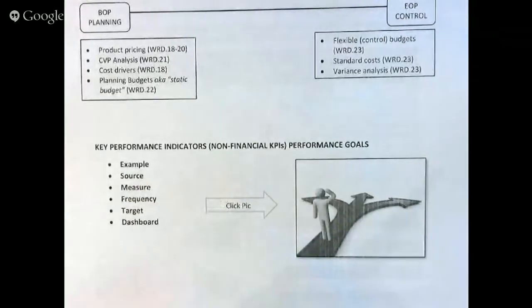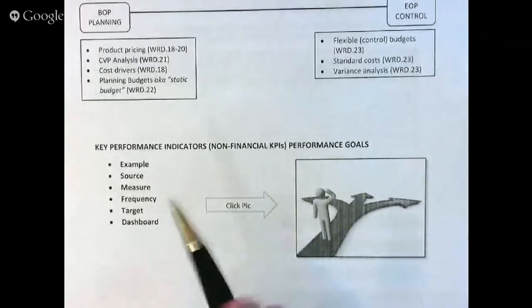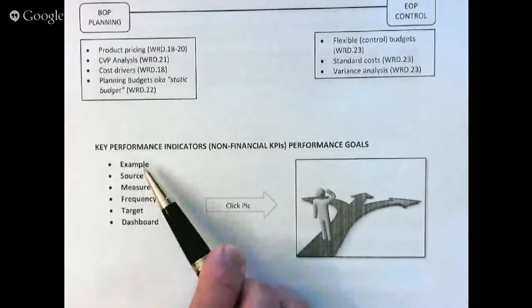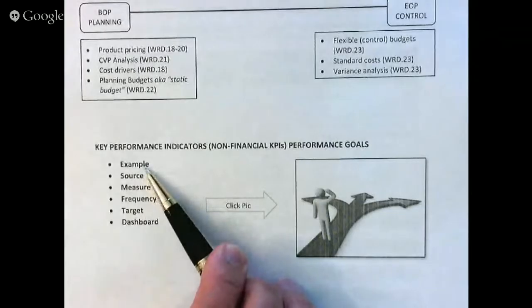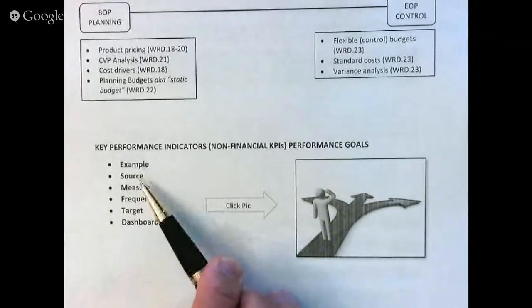As an umbrella over all of these operations would be a framework on how to determine what the non-financial key performance measures are. At the beginning of the period, the company would have to give and create what those measures are, give the workers a great example of what they should be doing. Where this source of the information comes to keep track of the volume of these